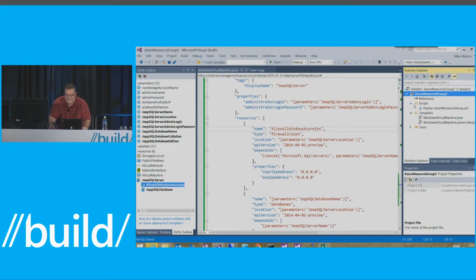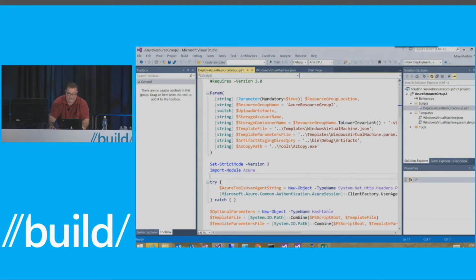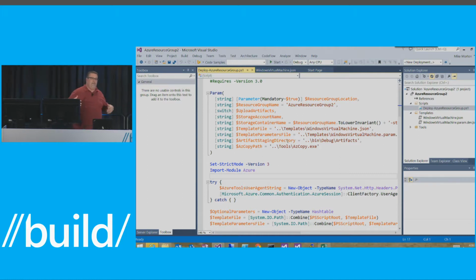but don't do that. So if we open up our PowerShell file, first thing I want to point out is we have great colorization. There's an extension out there for PowerShell. How many people are using the PowerShell extension? Many people? Okay, so Adam Driscoll is an MVP. He created a great extension. It's an open source project. We've invested a lot of time with Adam and other people in the community, and we've done a lot of work to give great colorization,